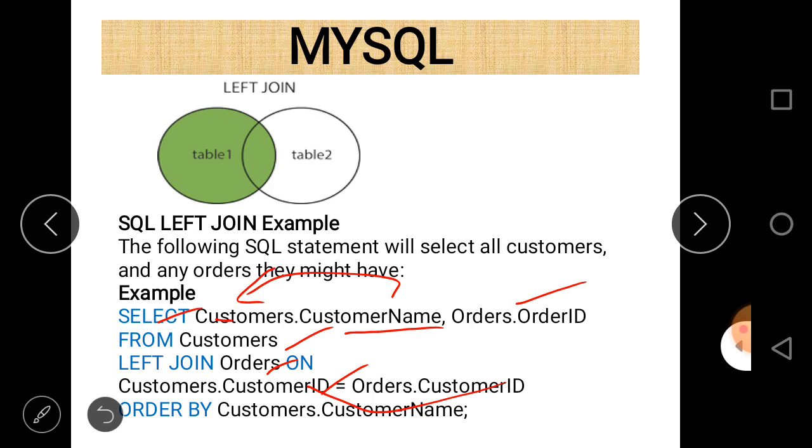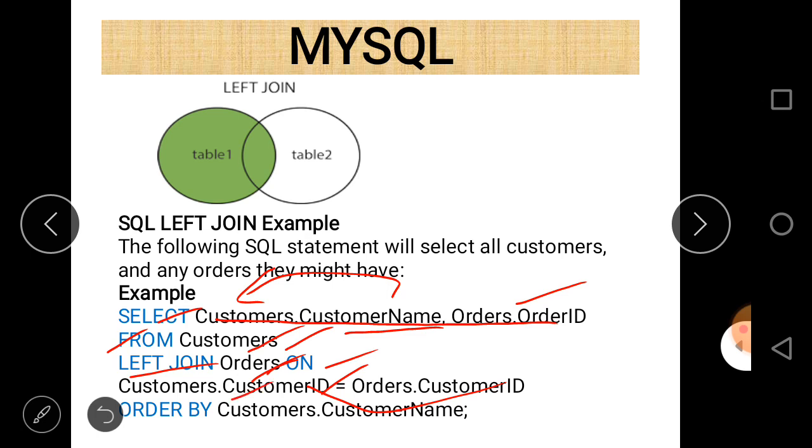In this manner all the columns which you want to show from a table will be represented here. Then the from keyword and the name of the table, table 1, and then left join and table 2, and after that the keyword on and customers.